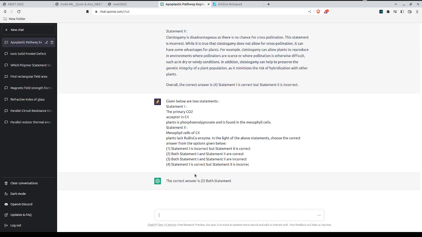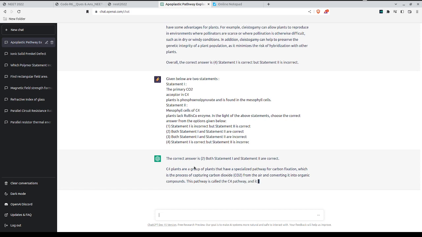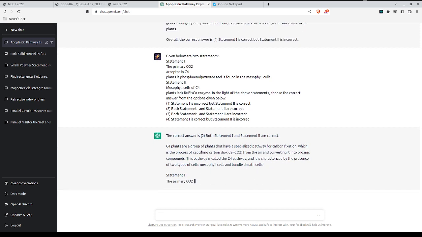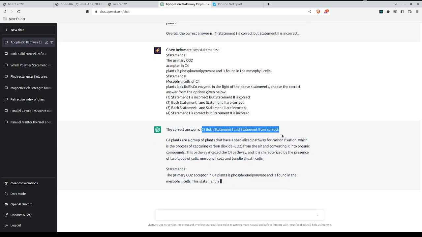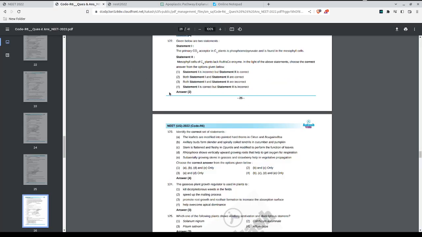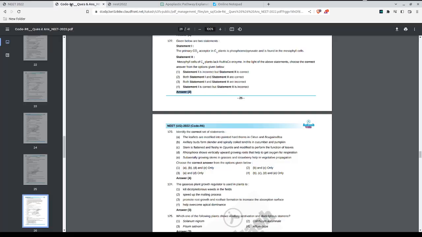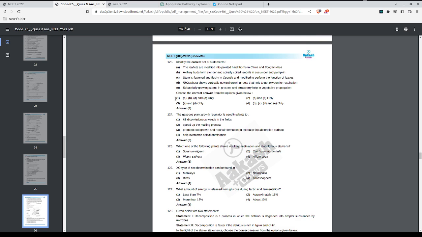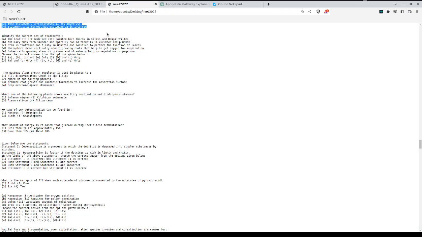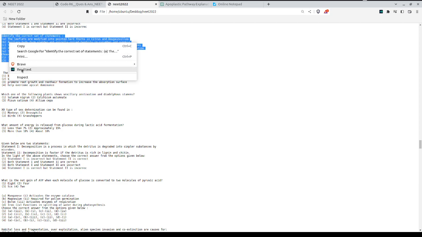Given below are two statements. Statement I. The primary CO2 acceptor in C4 plants is phosphoenol pyruvate and is found in the mesophyll cells. Statement 2. Mesophyll cells of C4 plants lack Rubisco enzyme. In the light of the above statements, choose the correct answer from the options given below. 1. Statement I is incorrect, but Statement 2 is correct. 2. Both Statement I and Statement 2 are correct. 3. Both